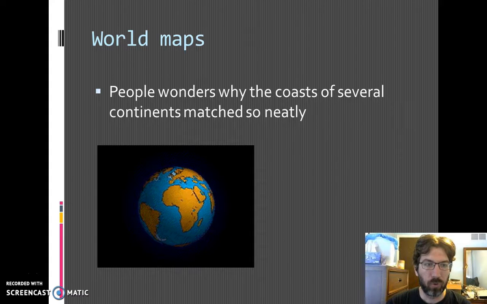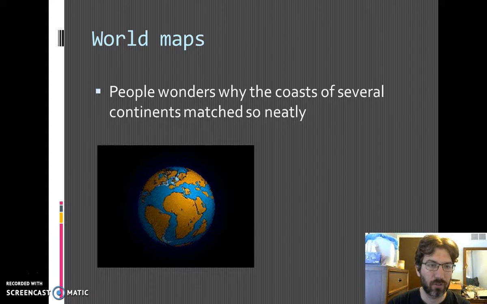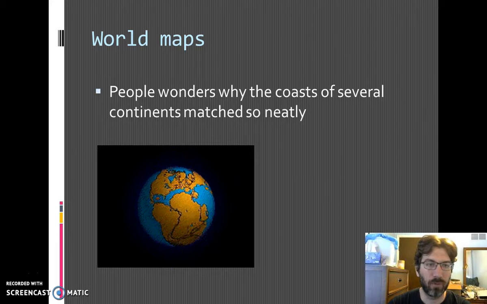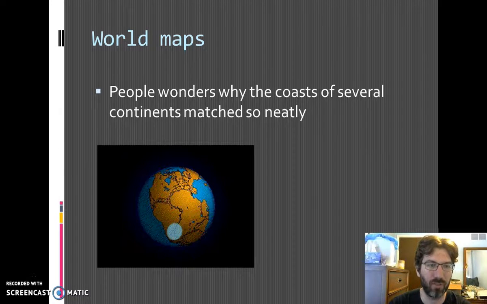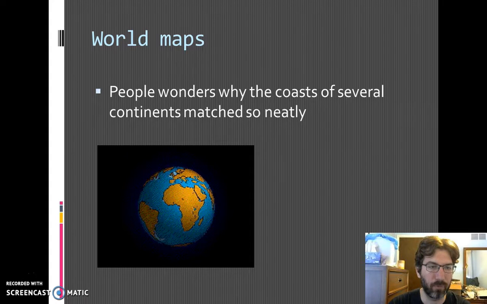So the world map has changed throughout the years, at least that's what we've come to agree, and people were wondering at the whole start of this investigation why the coastlines of several of the continents pretty much looked like they fit together. If you look at the little GIF here, it'll come back together eventually, and it does show some of the things we're going to talk about. Here we have our continents today, and they are merging together in that little GIF. You see how they just fit right in there. Not perfectly anymore, but they did at one point.